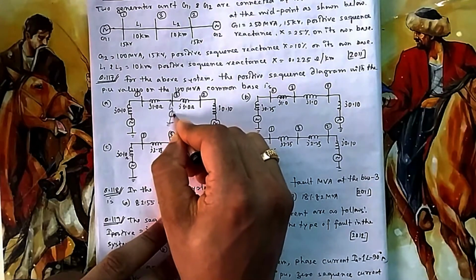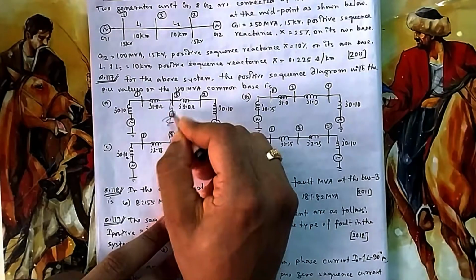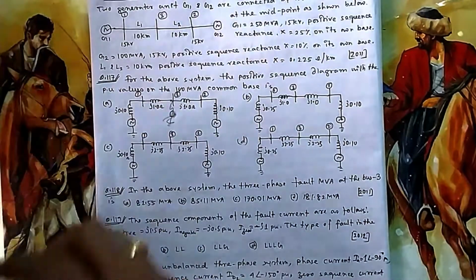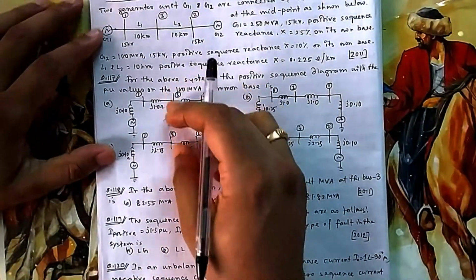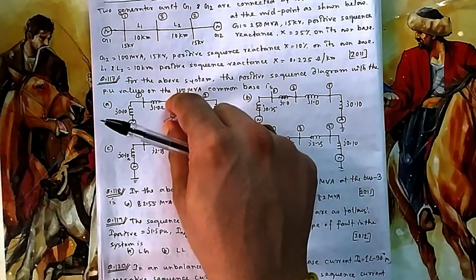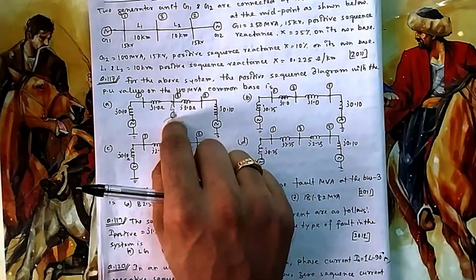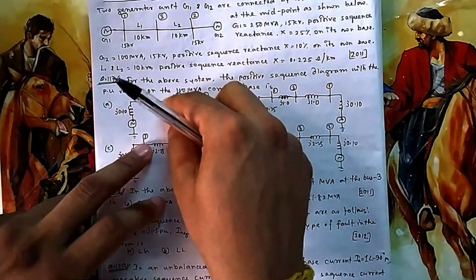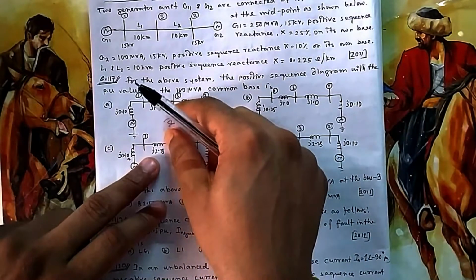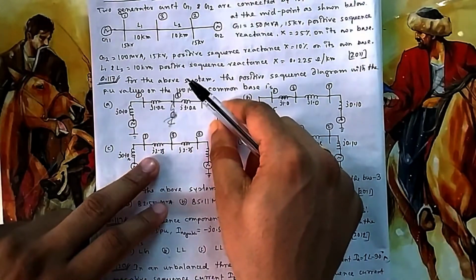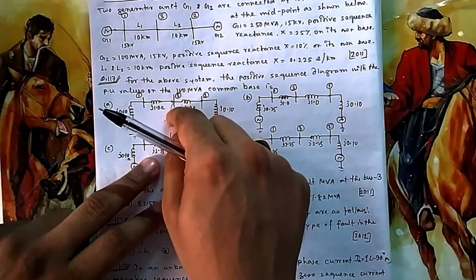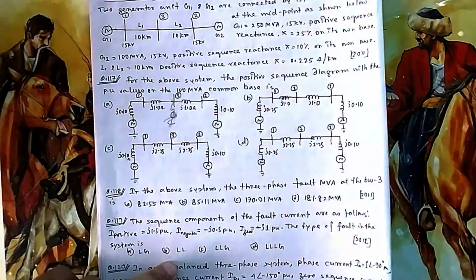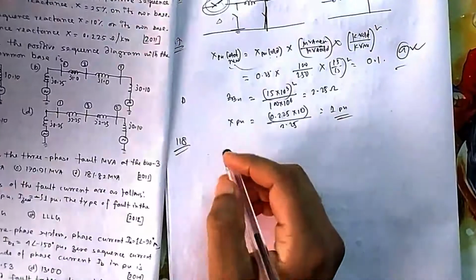So what we will do, we will see from this side and look at what the Thevenin's impedance is there. Suppose you can think that there is a load connected here. So what will be the current through it? You open this load, see what the Thevenin's voltage and Thevenin's resistance are, and find its Thevenin's equivalent.